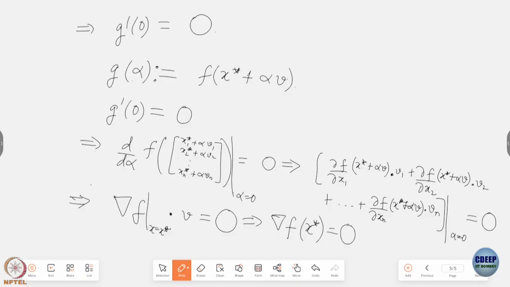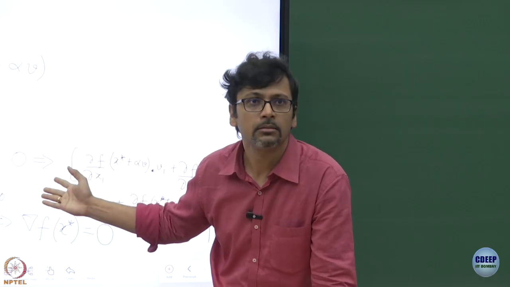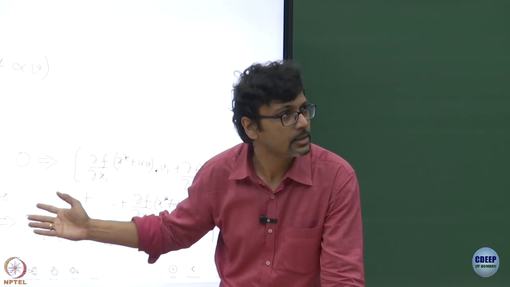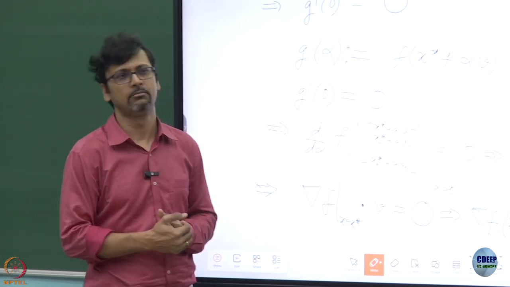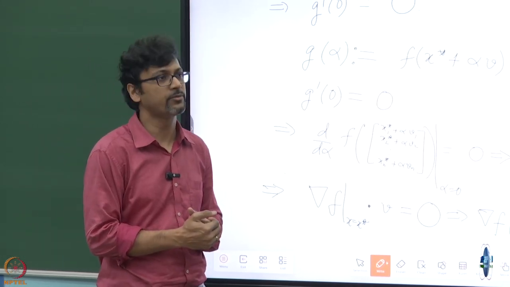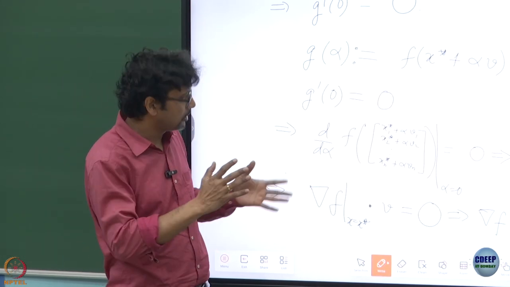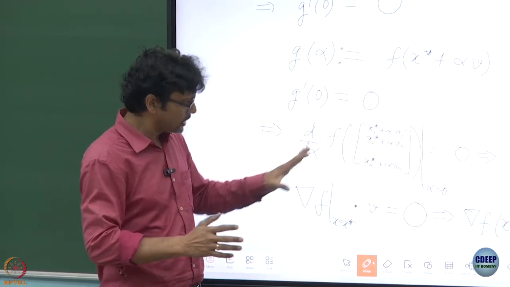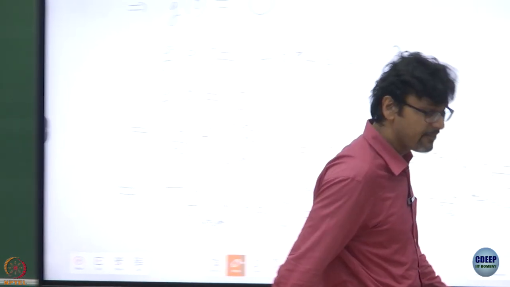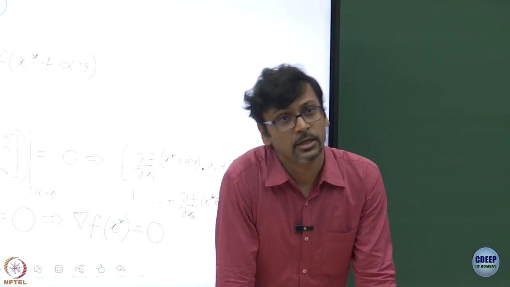In fact, it's also the first order necessary condition for maximality. Just replace f with minus f, and the whole argument carries on exactly in the same manner. There's no difference. So this is actually the first order necessary condition for optimality. Necessary, not yet sufficient, because there are certain other things that we need to be mindful of. This is the first order. Of course, the assumption was that f was continuously differentiable.